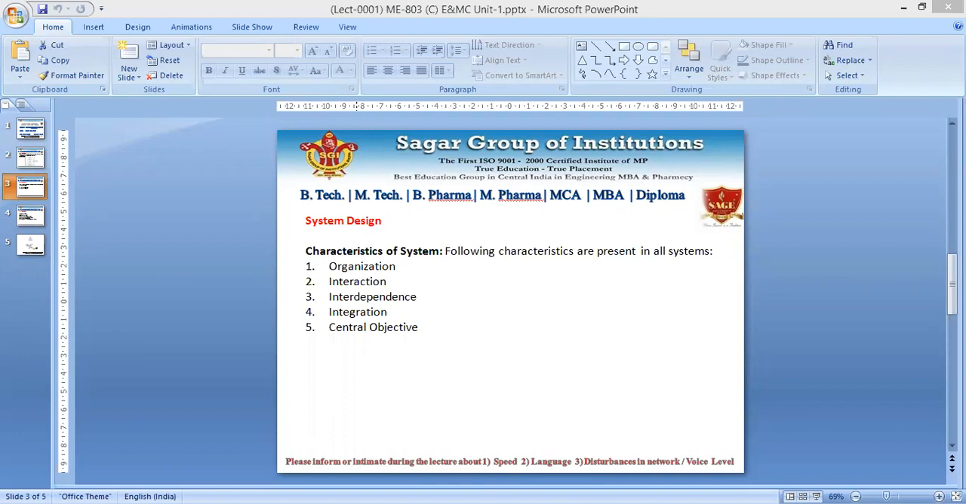When proper integration is there, then the synergy effect will be enhanced a lot. Then comes the central objective. The central objective may be real or stated. Normally this central objective is the goal, the aim, the objective that the higher management has taken,